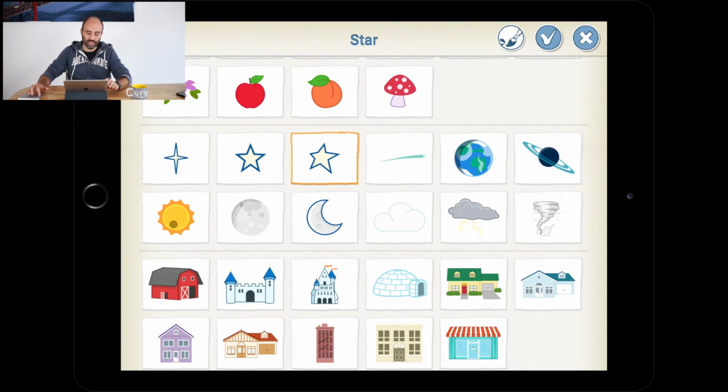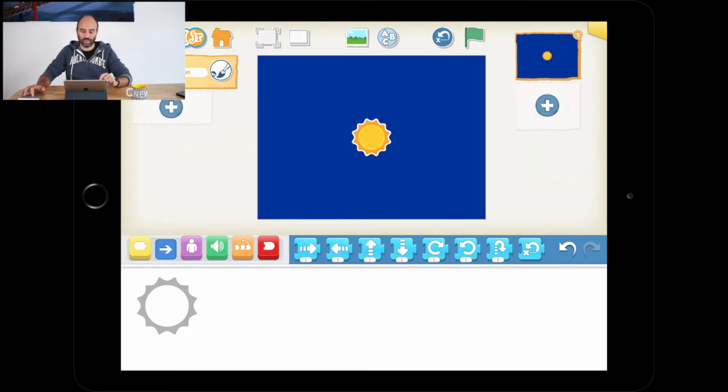And what we want first is the sun. So you should have stars and this sun. Press on the sun and press on this tick box up here. Okay, so we have a sun. However, this sun is kind of small, so we're going to make it much, much bigger. And the way we do that